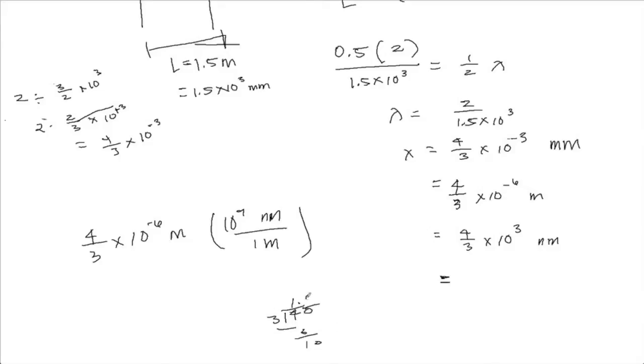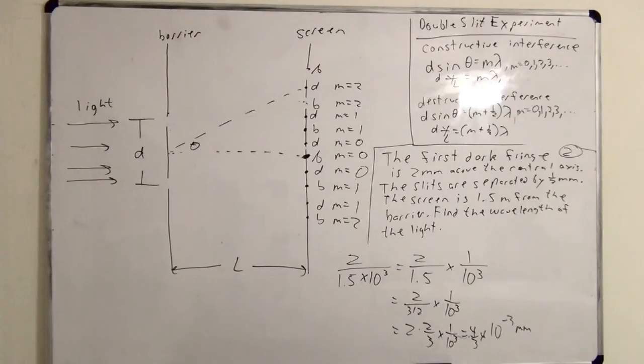Is like 1.3, because it's 1 1/3. 1.3 times 10 to the 3rd. So 3, 0, 0. So actually, I got pretty close to the visible range, right? So what range would this be in? This would be above infrared. It might still be in infrared, I'm not sure. It's above red, anyway.